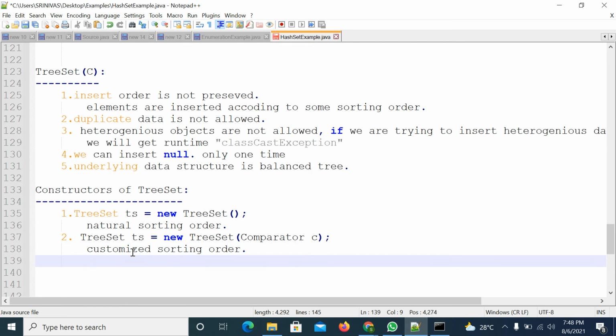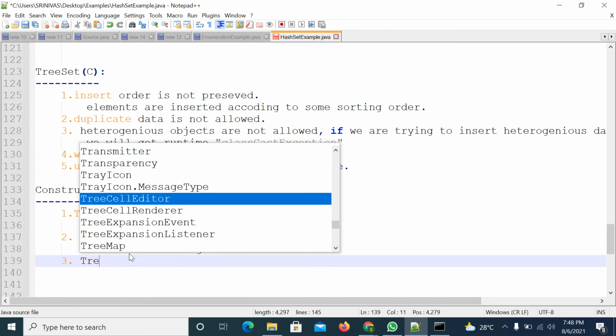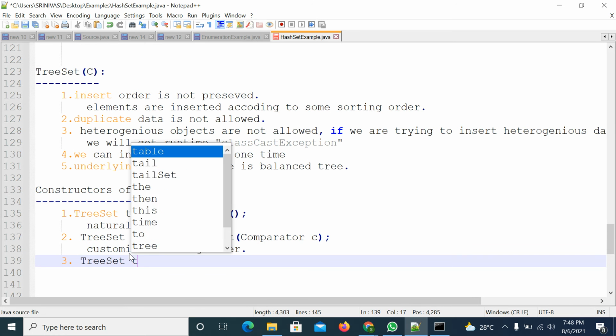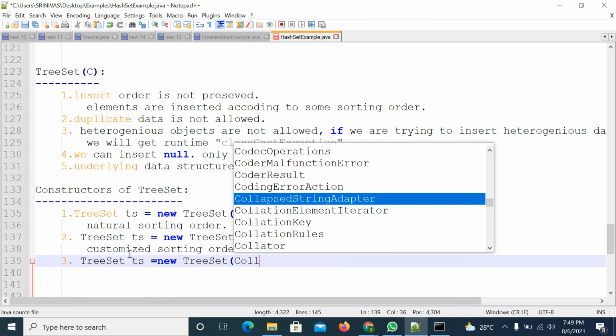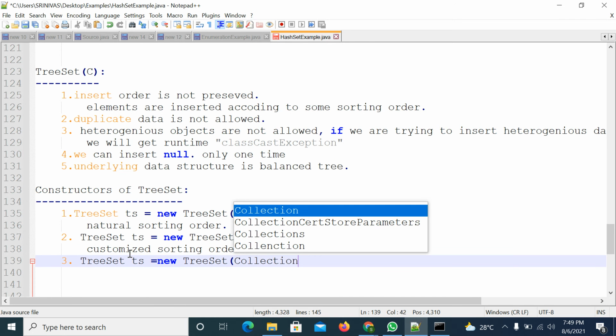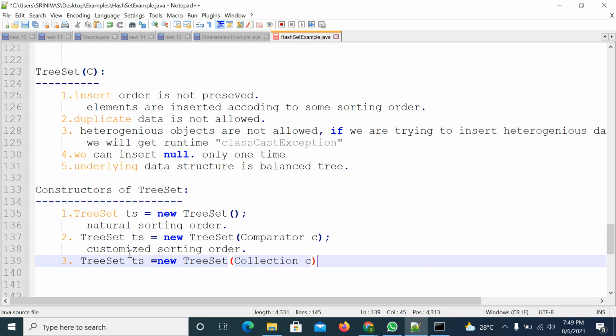So customized sorting order here. Third way, you can create a tree set with the existing collection object. The collection object must not have any duplicate data and it must contain the same kind of data.